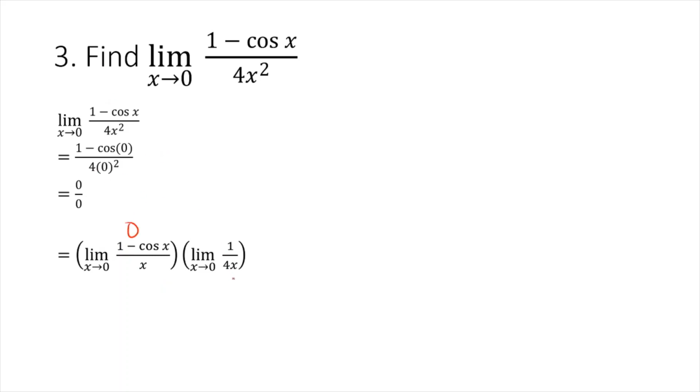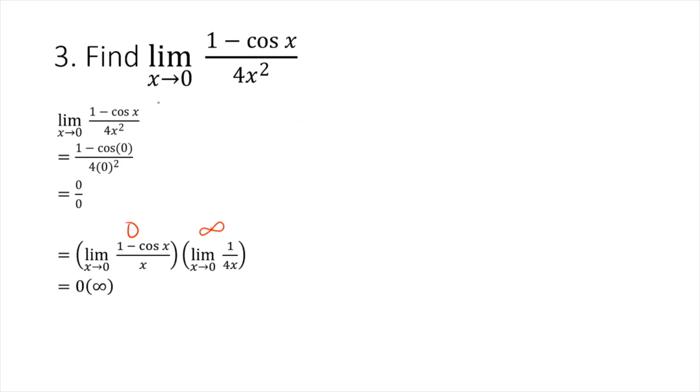And then the second one, if we substitute 0, this will approach infinity. This is undefined, right? 1 over 4 times 0 is 0, so 1 over 0, that's undefined. Therefore, this value will approach infinity. And this is another type of indeterminate form. Okay, this is an indeterminate product, 0 times infinity. And if that's the case, then we have to find another way to solve this limit. Okay,